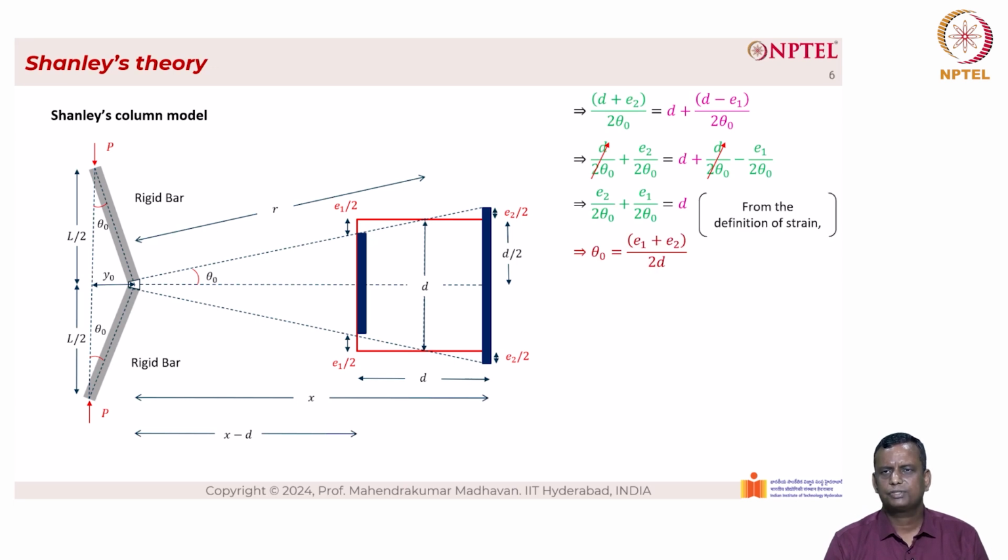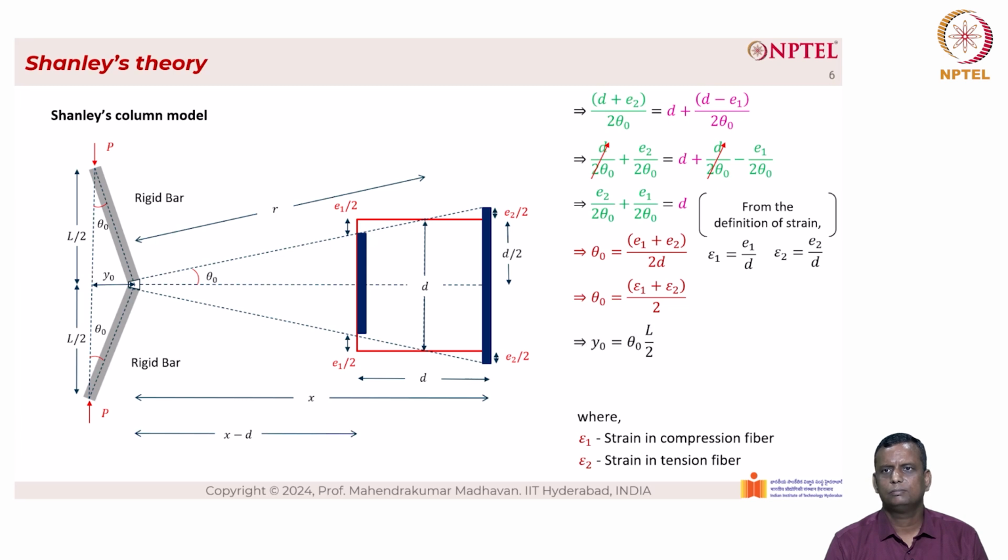From the definition of strain, we have epsilon 1 equal to E1 by D, where E1 is the strain in the compression fiber, and epsilon 2 equal to E2 by D, where E2 is the strain in the tension fiber. So, this can again be substituted, and we can reduce this equation as theta naught equal to epsilon 1 plus epsilon 2